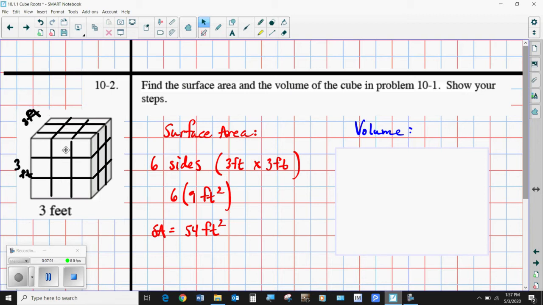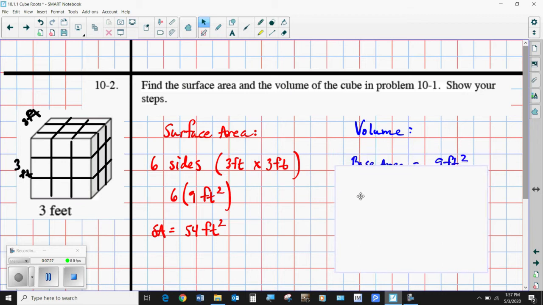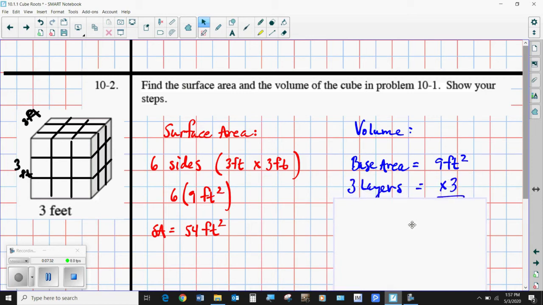Okay, so how many total cubic units fit into this entire cube? So you've got 1, 2, 3, 4, 5, 6, 7, 8, 9 on this front face, right? And you've got 1, 2, 3 different layers of this, whether you start at the base and work your way up, or you start on the front and work your way to the side. 9 plus 9 plus 9 is how much? Well, the base area is 9 square feet, and since you've got 3 layers,